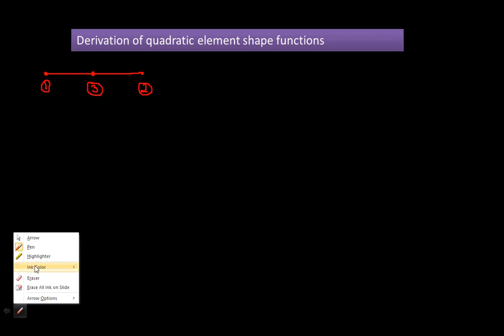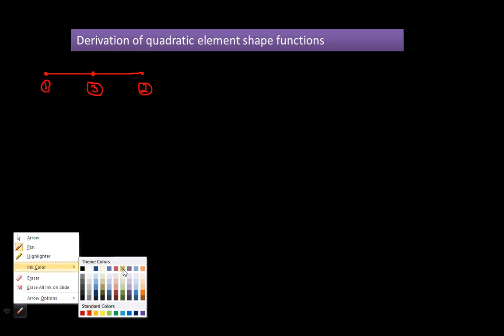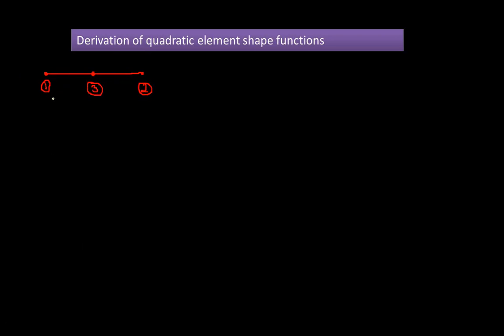In the previous class, we have seen a bar having only two nodal points. But now, if we have an element having three node points, let us say the starting point would be one, the ending would be two, and exactly in the middle, we can say this is another node point, node number three. This type of element is called a quad element. So today we're going to see what the shape function of this quad element would be.